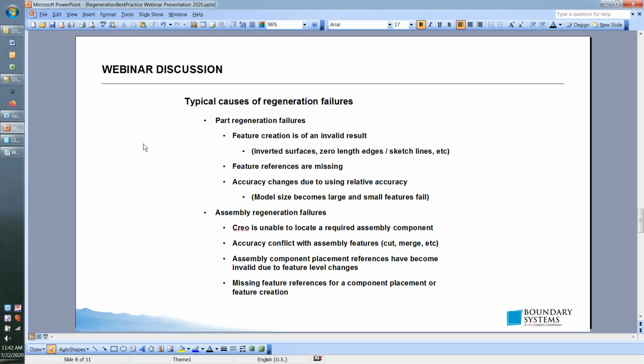Part regeneration failures, feature creation of an invalid result. A lot of times we can convince Creo to try to make something that is subsequently geometrically invalid. When Creo is creating something that is geometrically invalid, it may show you a preview, but it's not really going to make the feature. When you say okay and click your green check marks, it basically blows up and creates a failed feature at